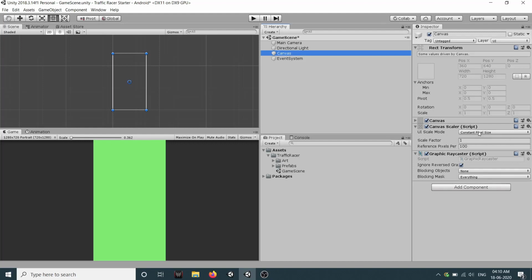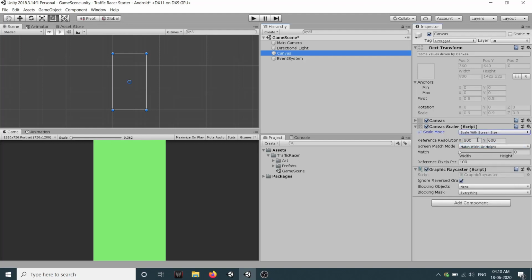We are creating for mobile devices, so I will click on constant pixel size and change it to scale with screen size. For reference we'll give a portrait resolution that is 480 by 800, and we'll set the match to 0.5. We are doing this so that our UI matches all the portrait resolutions of the devices.